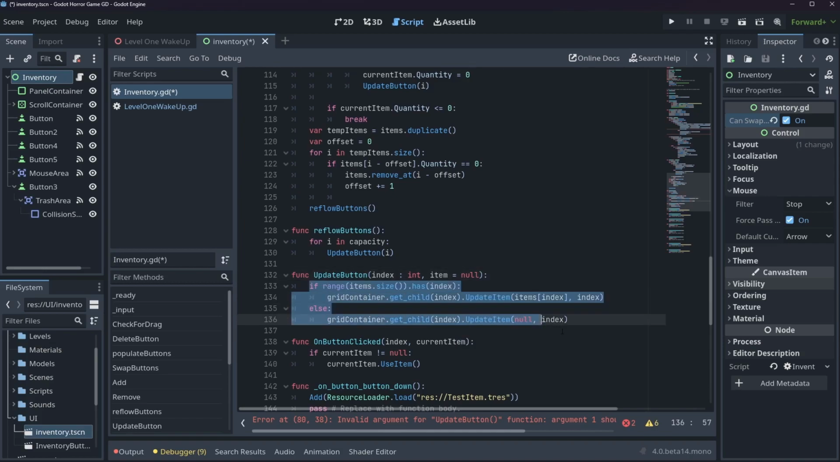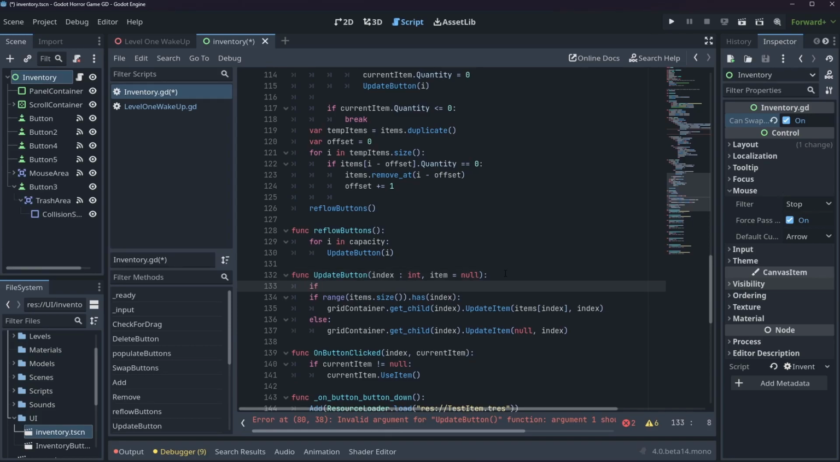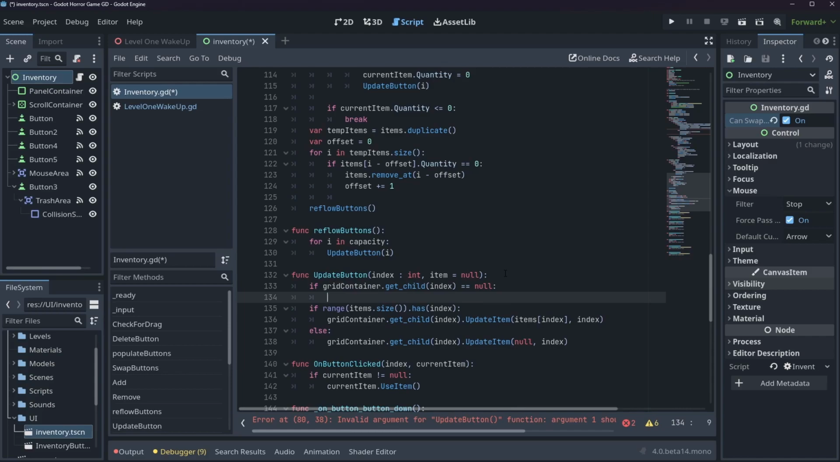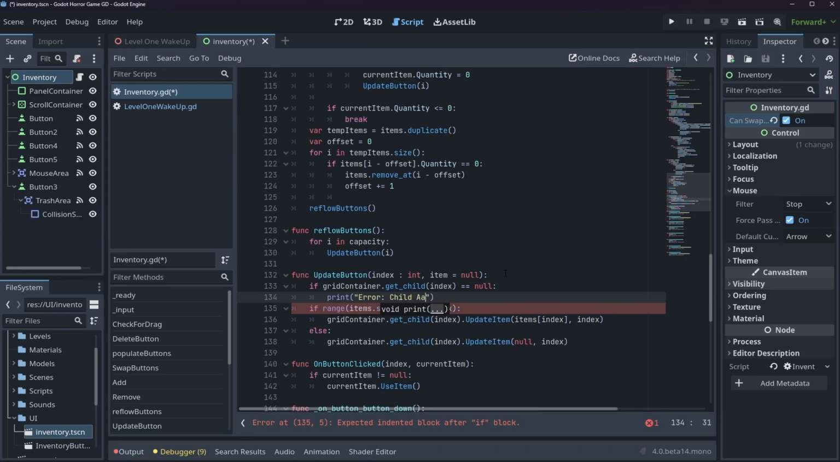That's going to make things a lot easier in the future. And then we're basically going to readjust all of this and make it a bit less error prone. So first we'll check if our grid container dot get_child at our index is equal to null. And if it is null, then we know that this isn't going to work. So we'll say print error